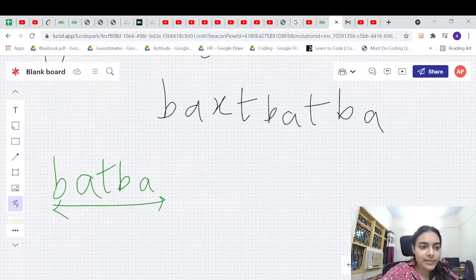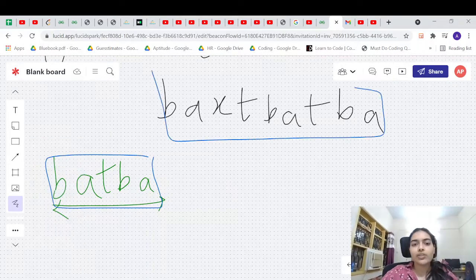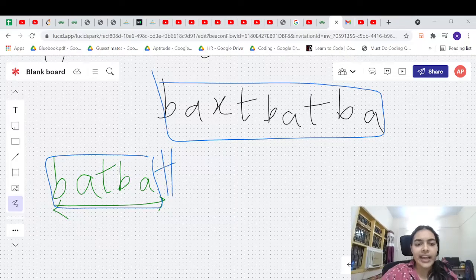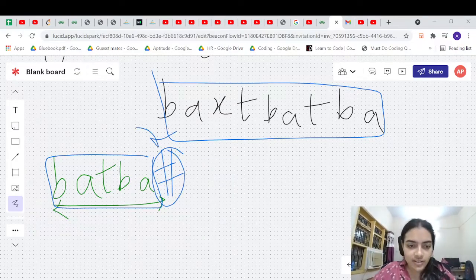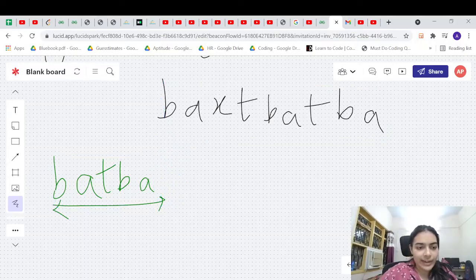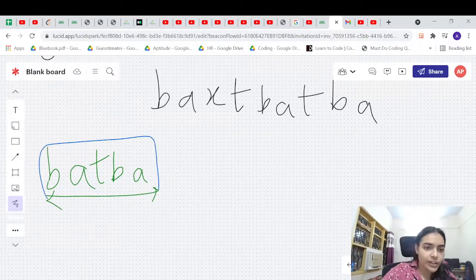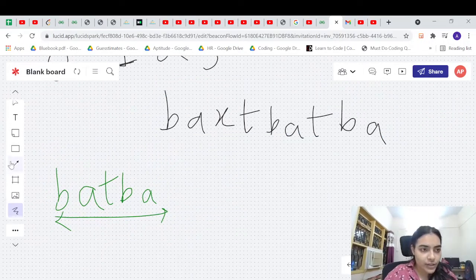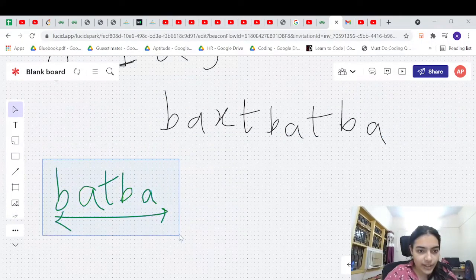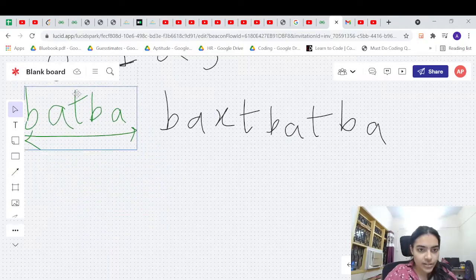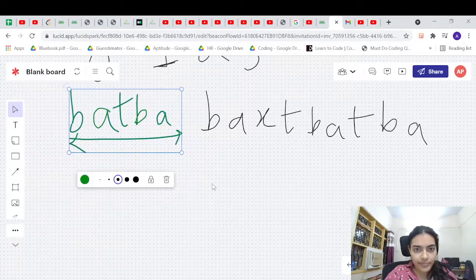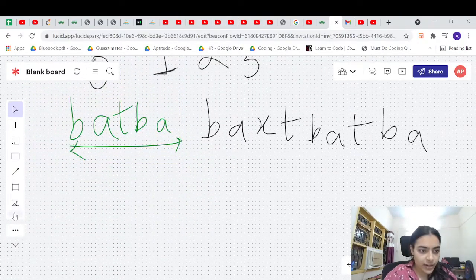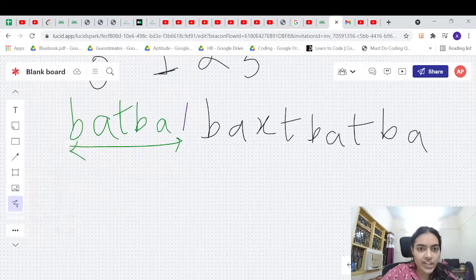One way is very simple. What you are going to do is simply attach these two strings and then attach any character which is not existent in between. For example, many people take hash. So this is your pattern. You have to find this pattern in this string. So let me take this pattern, cut it out and attach it to my string in which I have to find the pattern, and let me add one additional hash symbol in between.